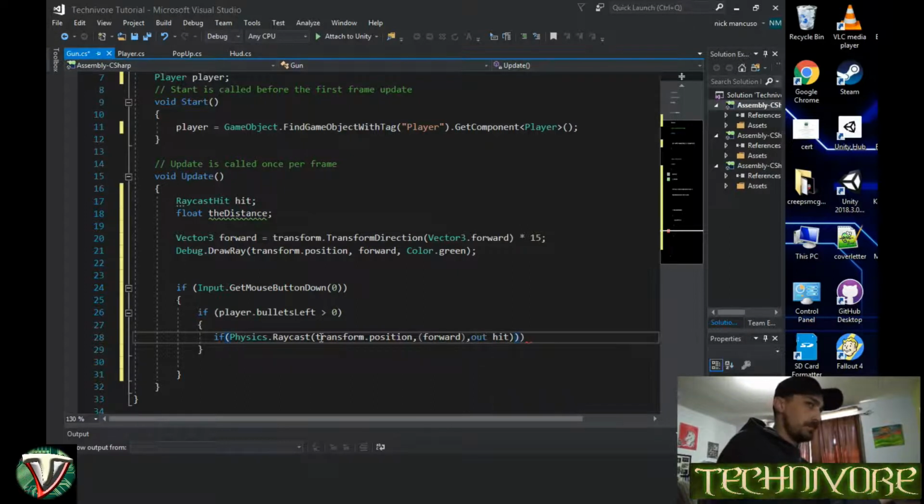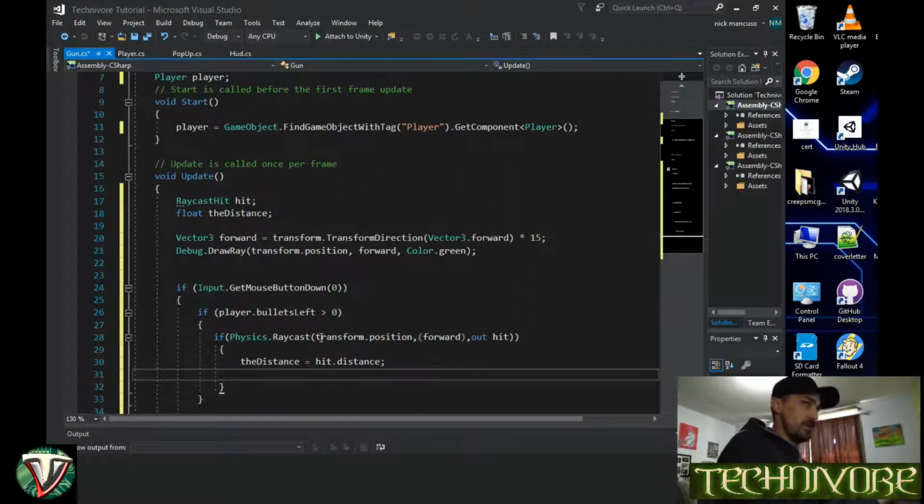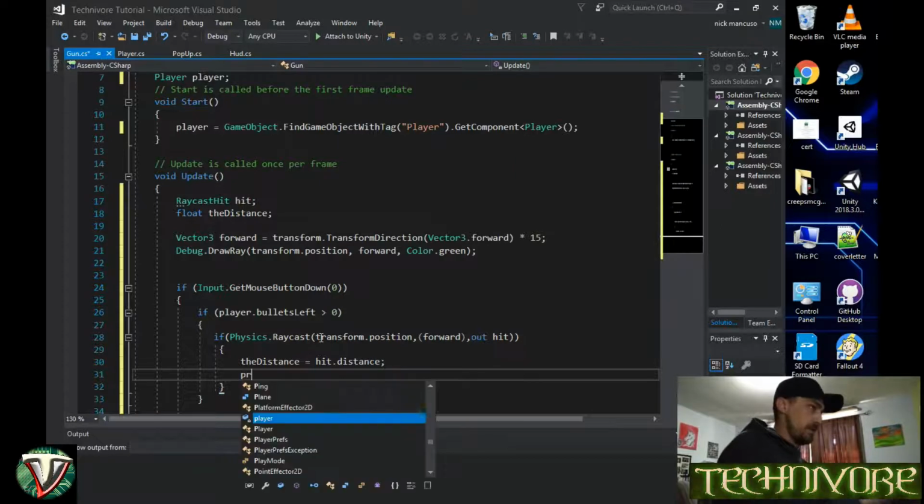And we're getting the distance of the object that was hit, and we're going to print